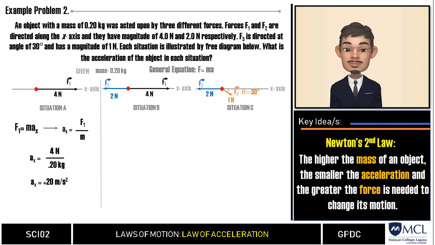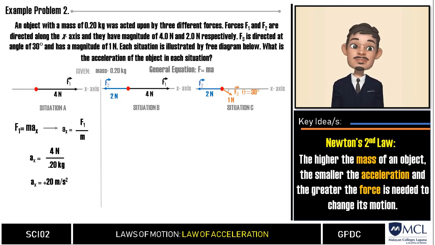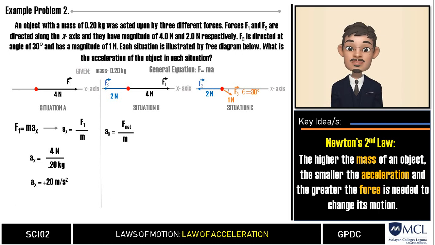From this free body diagram here, we say that there are two forces acting on the object. F sub 1 is going in the positive direction of the x-axis, while F sub 2 is going in the negative direction. We will still use our derived formula, a is equal to F over m, but this time, we put the word net in subscript to remind us that we are looking for net force, or the total force acting on the object. We can further modify this to our working equation as a sub x equals F sub 1 plus F sub 2 all over mass.